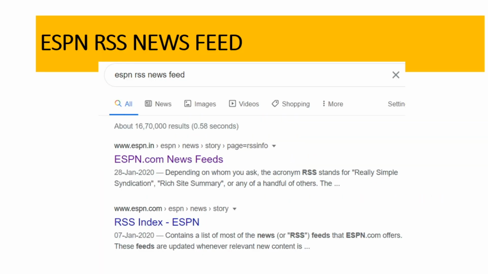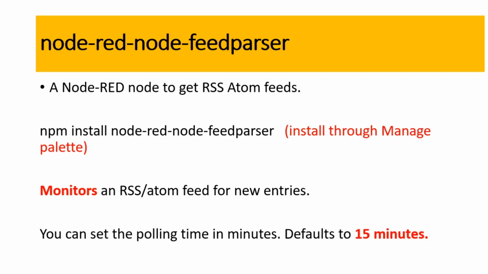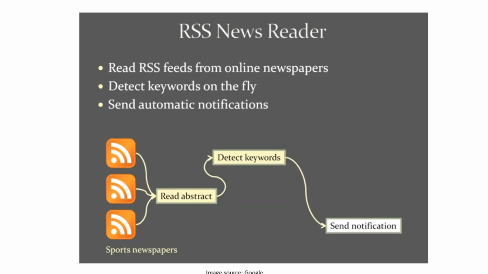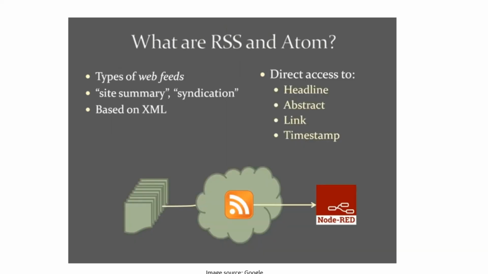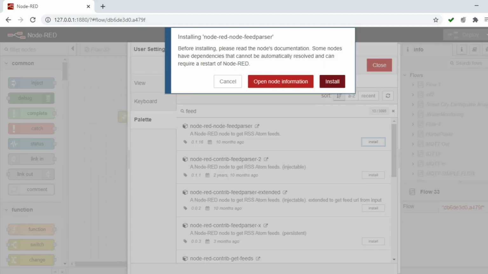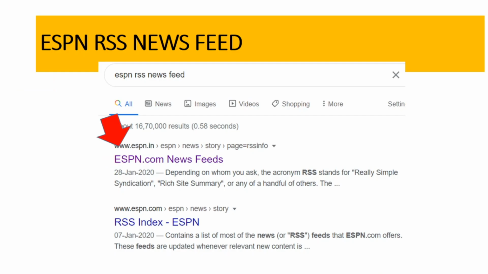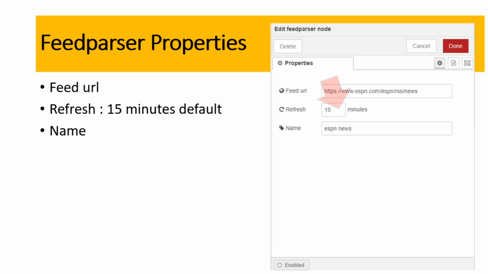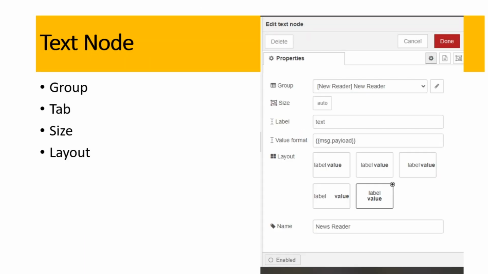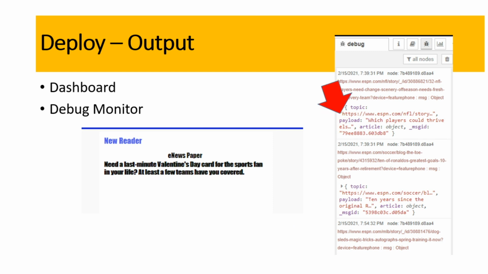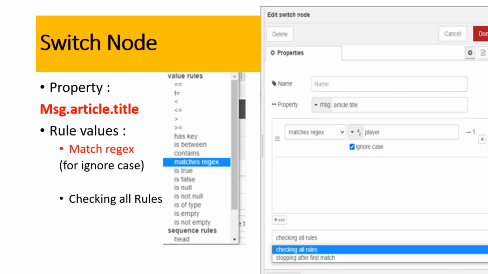Now if we want to streamline this, as I discussed, it can also help to detect keywords. If you want to fix some keywords, perform some pattern recognition, or identify the existence of a particular word, we can do it using the switch node. Double click to edit the properties of the switch node.